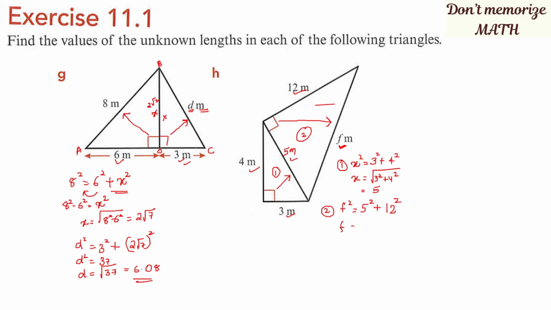So F will be equal to square root of 5 square plus 12 square. Use the calculator. The answer is 13. So F is 13. So this side length will become 13 meter. Okay, I hope this part is also clear for you. Now we are moving